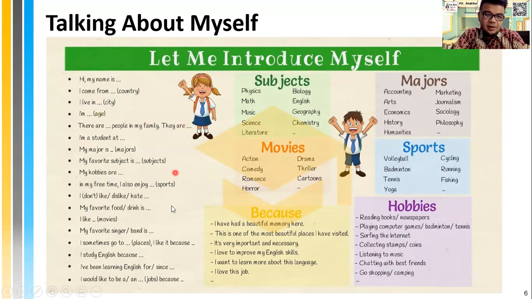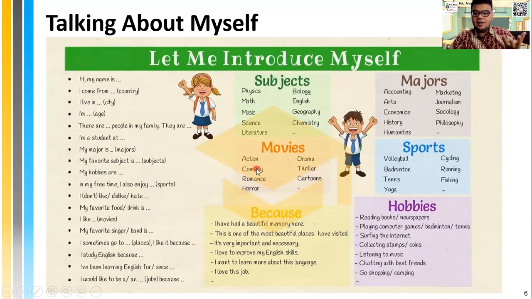Talk about your family. I'm in high school right now, and my favorite subject is math or music or art. Or I'm in university, and my major is accounting. I major in accounting. In my free time, I love to watch movies. Talk about your hobbies.